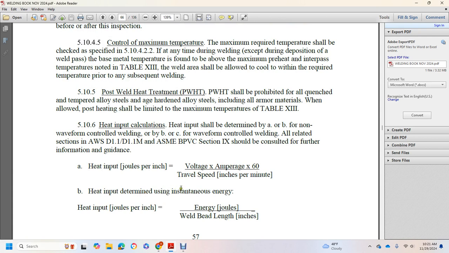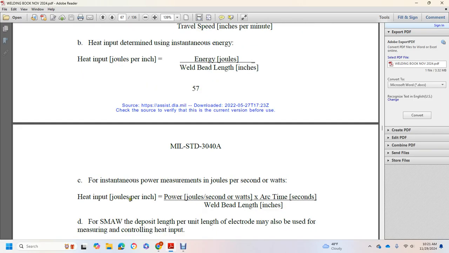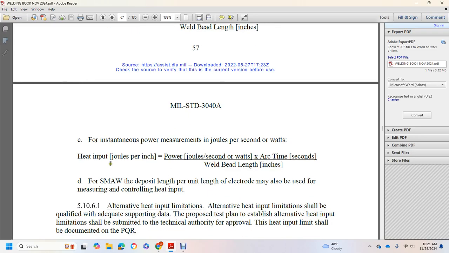B: heat input determined by using instantaneous energy measurements. Heat input in joules per inch equals energy in joules over welded bead length in inches. And C: for instantaneous power measurements, in joules per second or watts, heat input in joules per inch equals power in joules per second or watts times arc time in seconds over welded bead length in inches. For submerged arc welding, the deposit length per unit length of the electrode may be used for the measure and control of